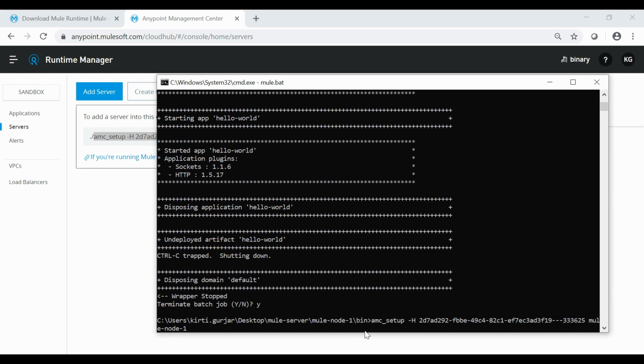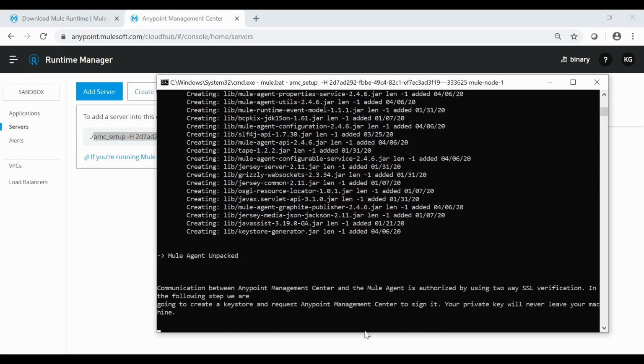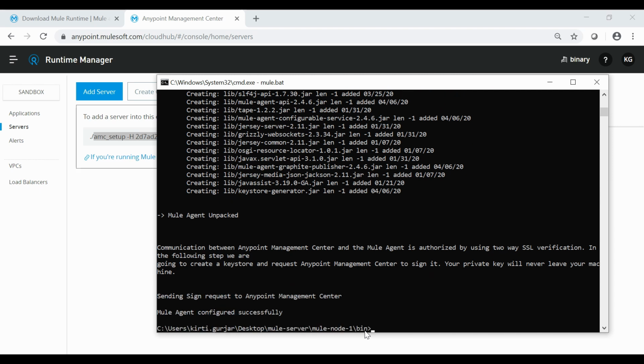This is my server name. And here we can see Mule agent configured successfully. It means it has linked our Mule standalone to Anypoint platform successfully.